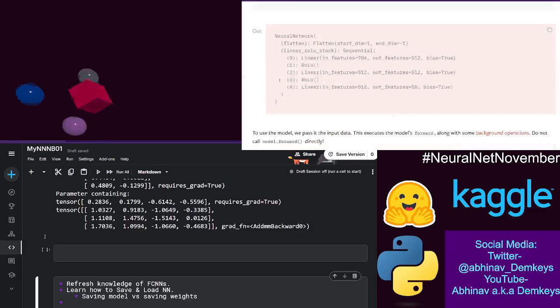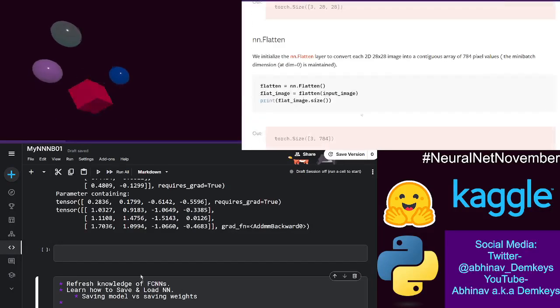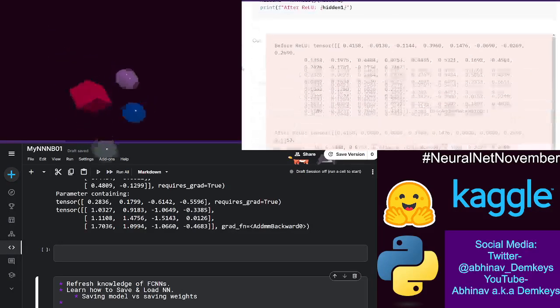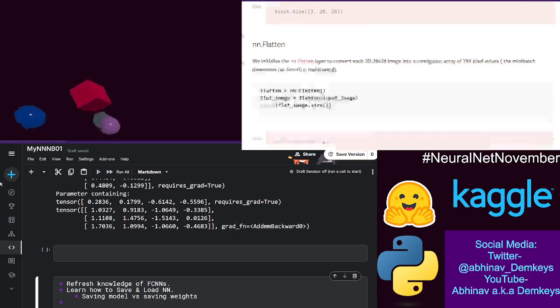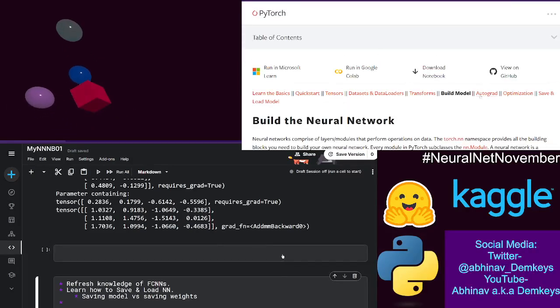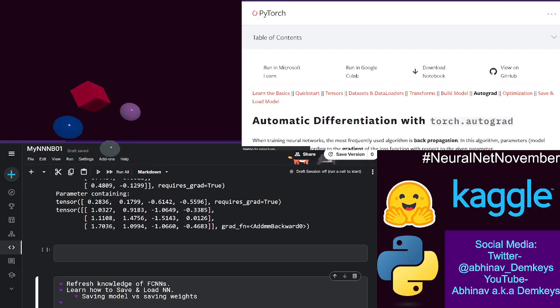I already know most of the stuff that's been explained in the other sections, but I'll still go through it for the sake of refreshing my knowledge. And then I'm going to need to go through the autograd thing again for training the model. After I refresh my knowledge on that, then I can start experimenting with